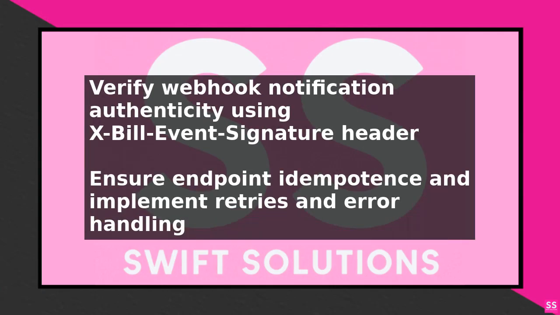Best practices for setting up a webhook for the Bill.com API include using a secure connection, such as HTTPS, and keeping your client secret confidential. You should also test your webhook thoroughly to ensure that it is working as expected and handle any errors that may occur. By following these steps and best practices, you can successfully set up a webhook for the Bill.com API